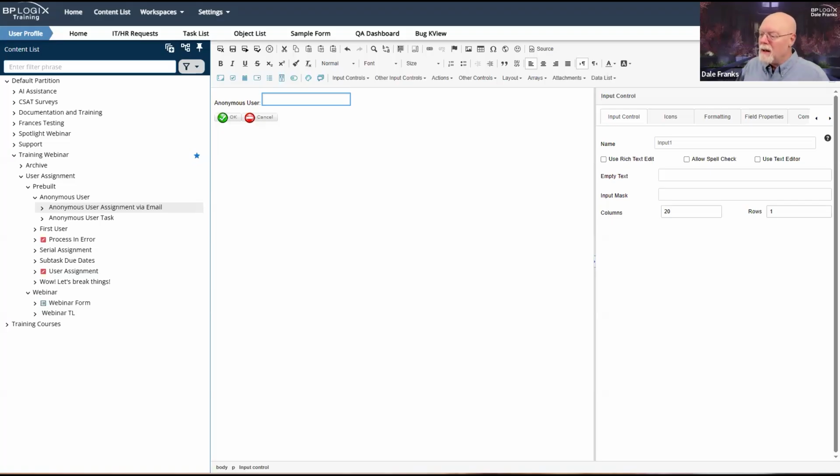My understanding is that the anonymous users only interact with the system through task assignments. That is usually true.